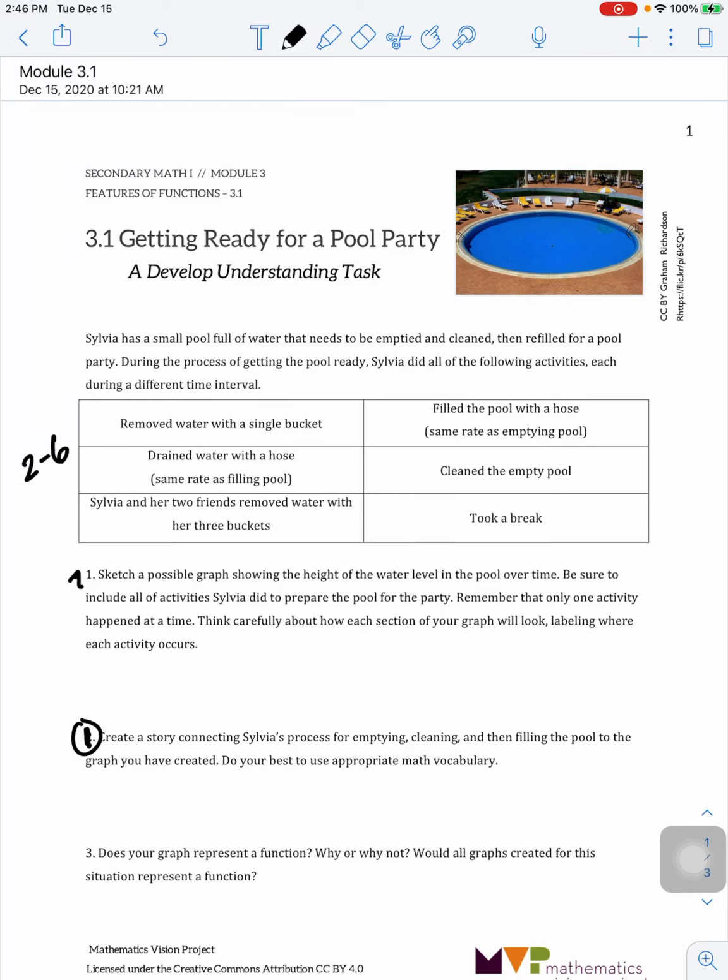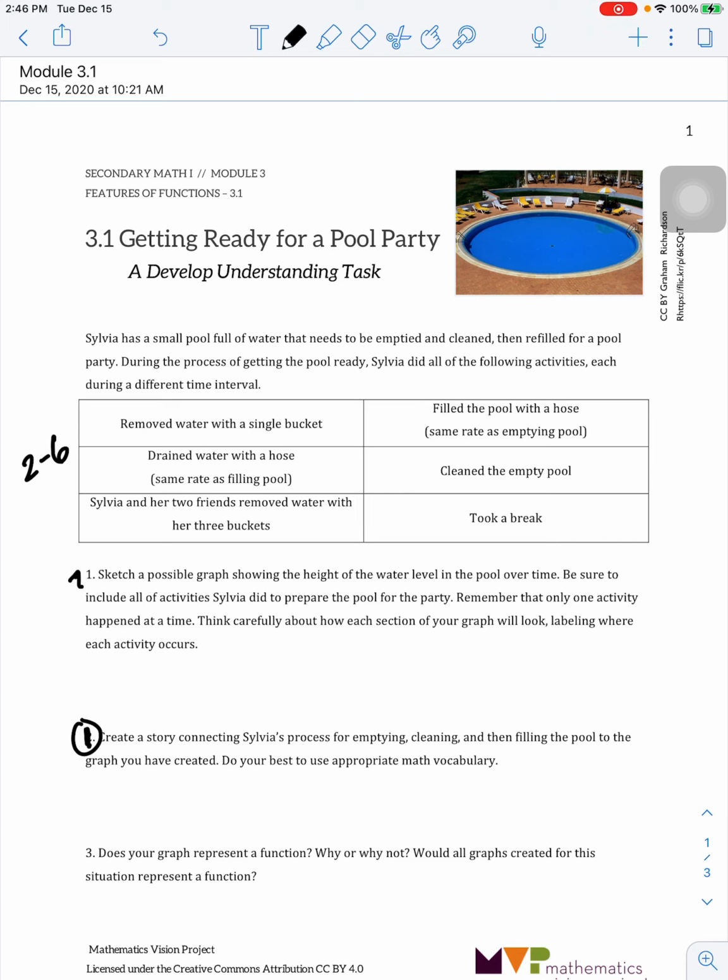All right, looking at the beginning of Module 3, we're talking a lot about graphs and how a graph matches a story. So in 3.1, there is a story to begin with, right up here at the top. It says Sylvia has a small pool full of water that needs to be emptied and cleaned, and then refilled for a pool party. During the process of getting ready for the pool party, Sylvia did all of the following